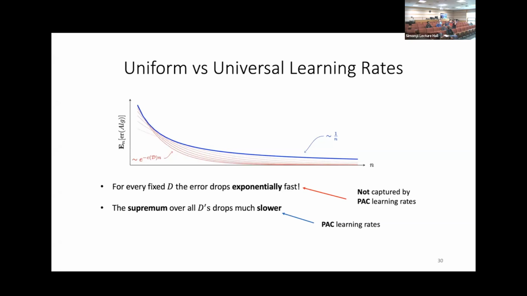Rather than P, it's D? Yeah, D should be P. I'm sorry. D should be P. D here is the realizable distribution, and in PAC learning, you want a bound R that dominates all realizable learning curves. And in universal learning, you allow yourself a little bit more flexibility that enables you to study the asymptotics of individual learning curves.